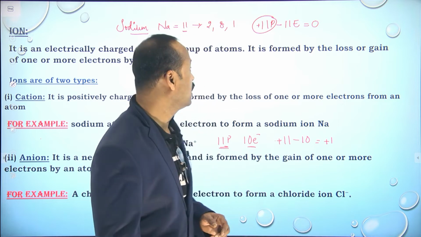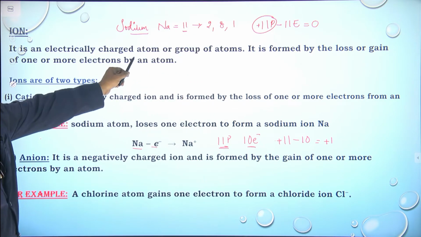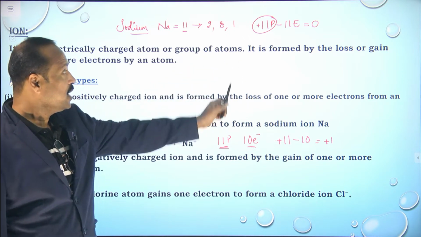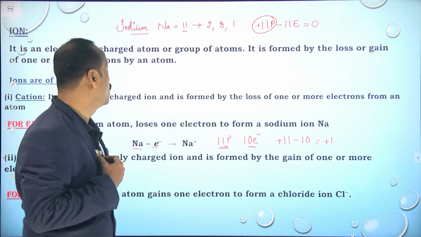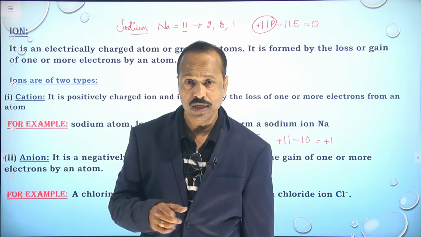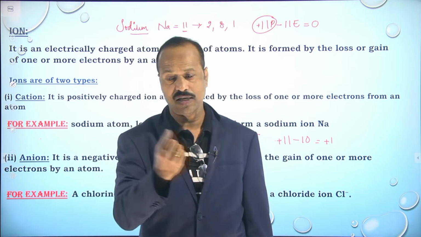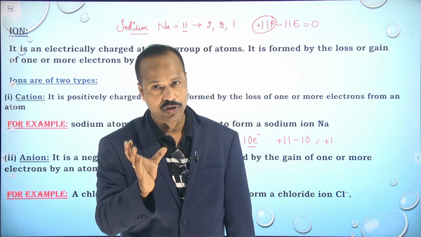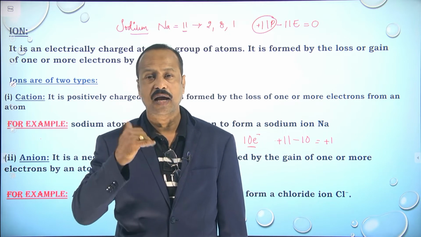So once again, see here now. An ion is an electrically charged atom or group of atoms. Sometimes a group of atoms also will be there. It is formed by loss or gain of one or more electrons by an atom. So generally, an ion is nothing but a charged atom. Atoms are generally neutral, but here it becomes a charged particle, either by losing